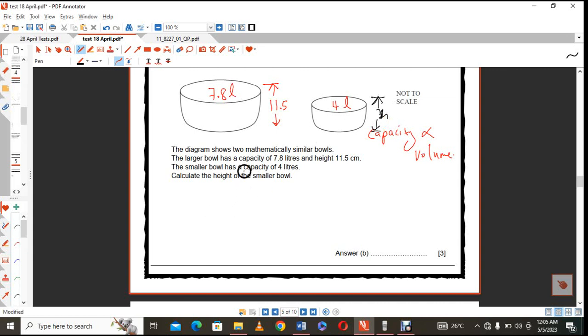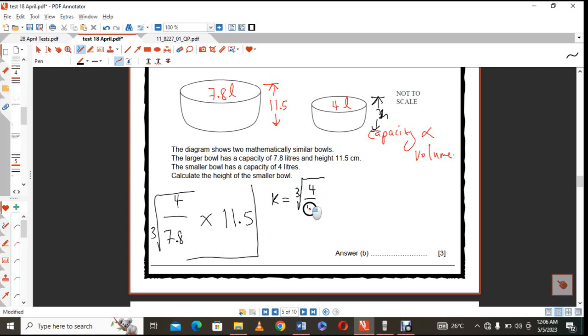In order to do that, because volume and capacity go together, we're going to take the corresponding volumes, and we are going to take the cube root because we need to find our constant, our k. Whatever the answer is over there, you're going to multiply it by 11.5 in order to find the smaller one. Because at the end of the day, what is important is that your k is calculated. So by taking the cube root